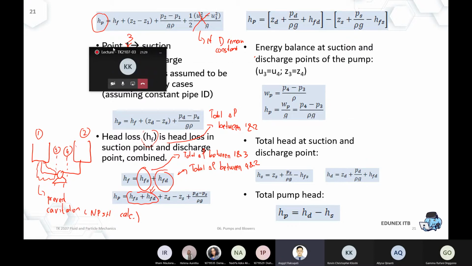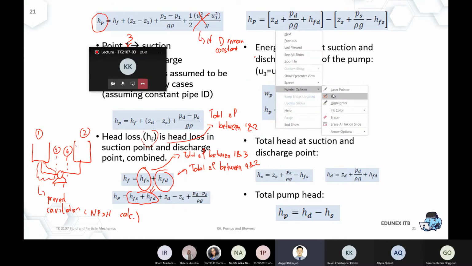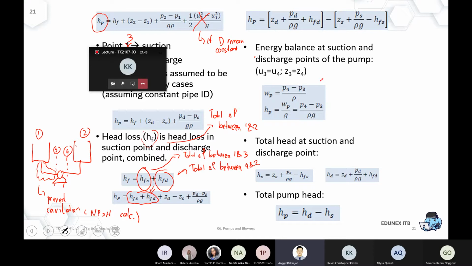So now we can classify everything related with the discharge part of the pump. So now that's the delta Z, the elevation of the pump. So the elevation of the pump, the pressure, discharge pressure. Okay, that's the discharge pressure. And directly at the exit point of the pump, that's the suction pressure.